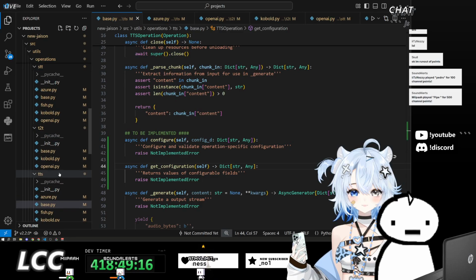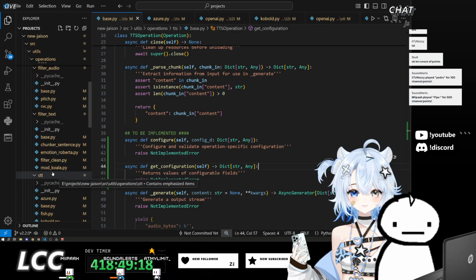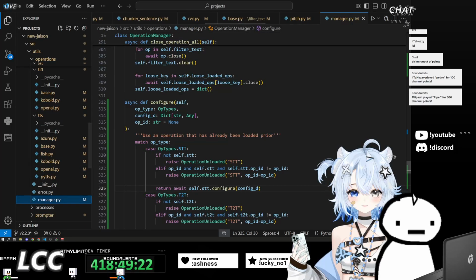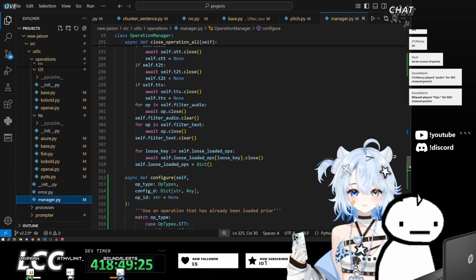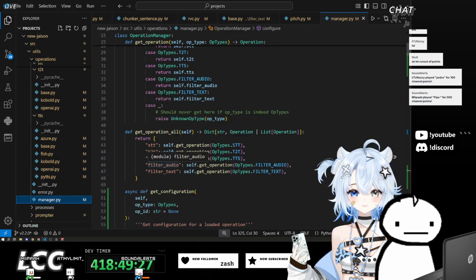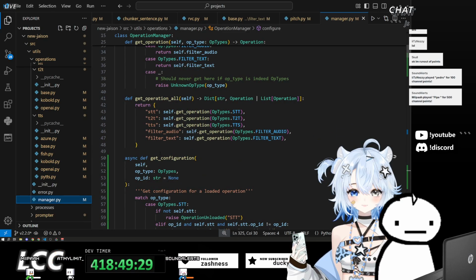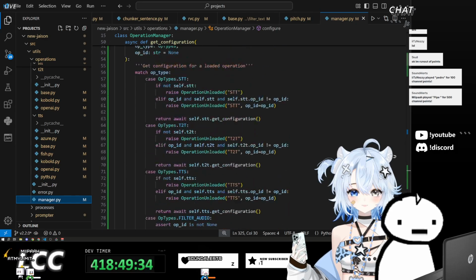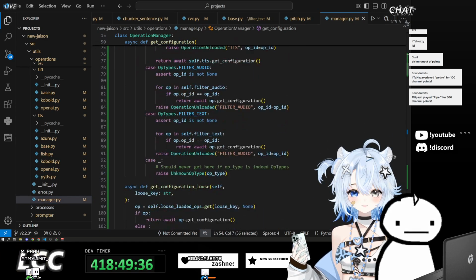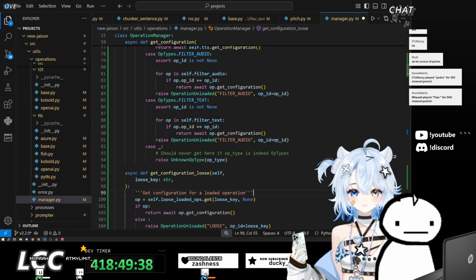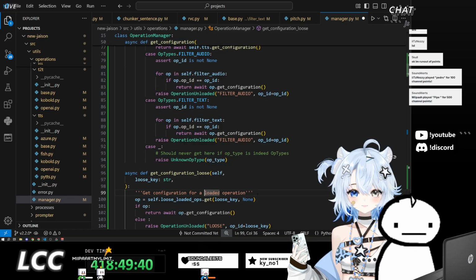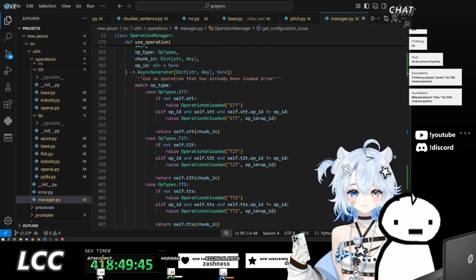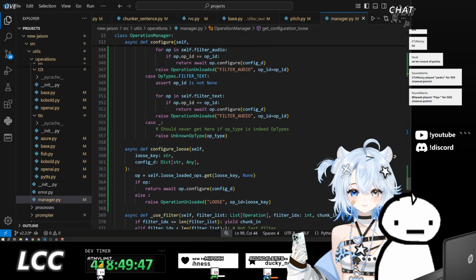And I also need to update the doc string for the manager on get configuration loose and on configuration stuff. So get operational, get configuration, get configuration. Okay. On configure.